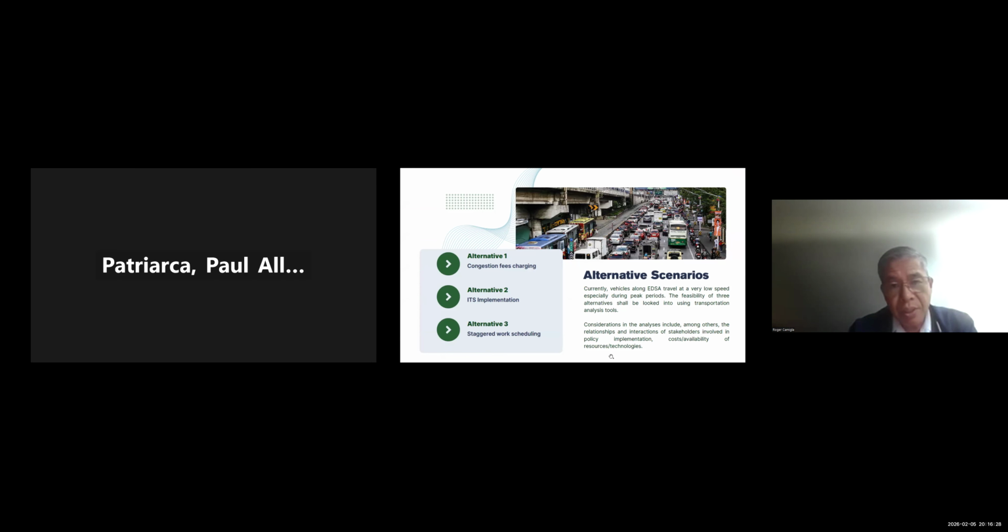Our proposed solutions. First alternative is to impose congestion fees. We will look into the feasibility of charging drivers a fee to use EDSA during peak hours. Second alternative is the implementation of ITS.